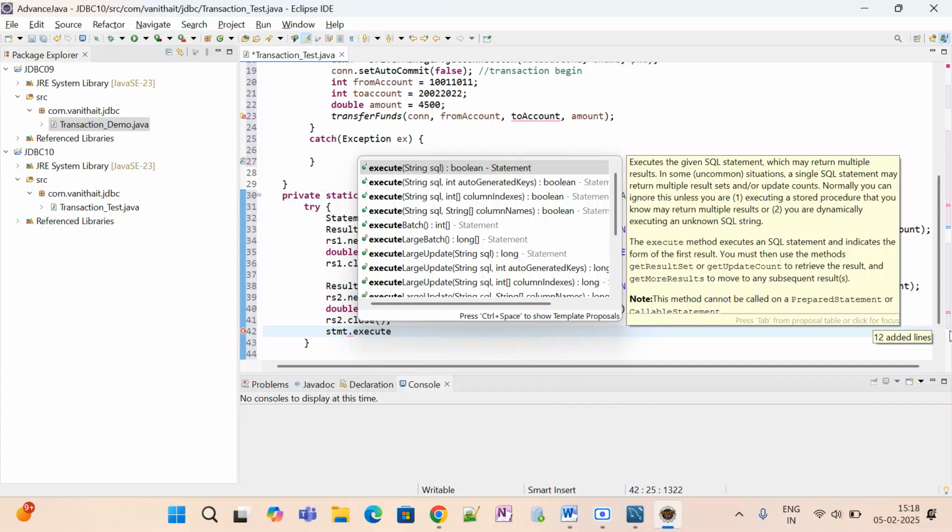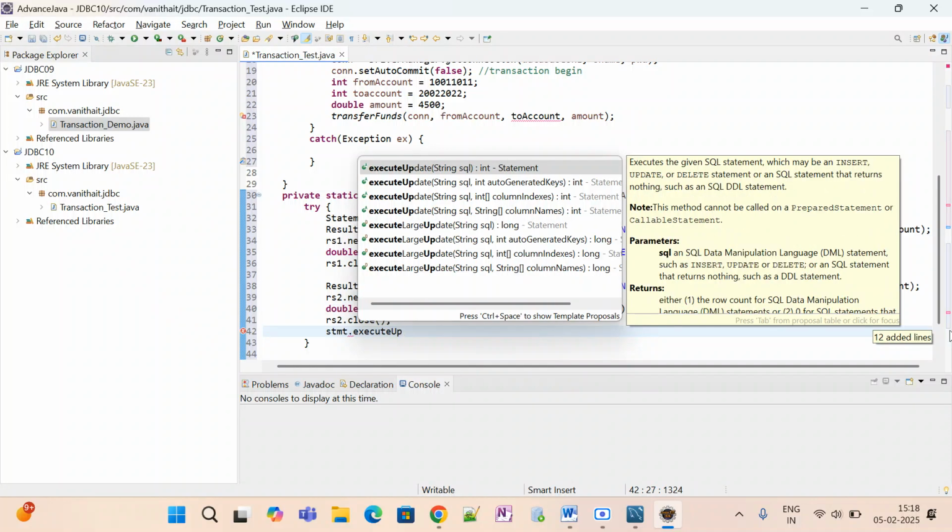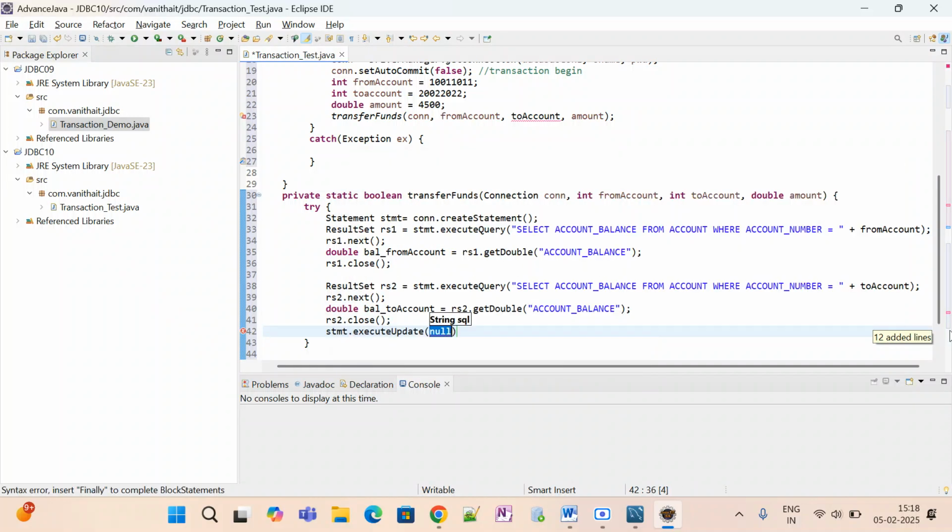In the double quotations you have to write update account, set account balance is equal to,